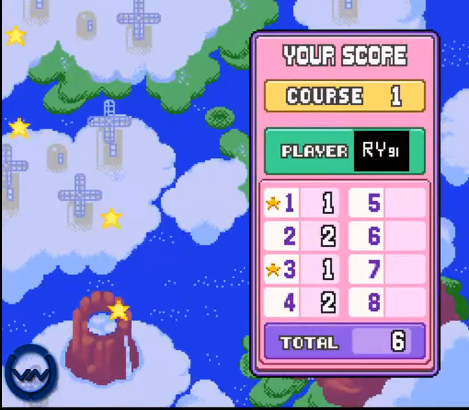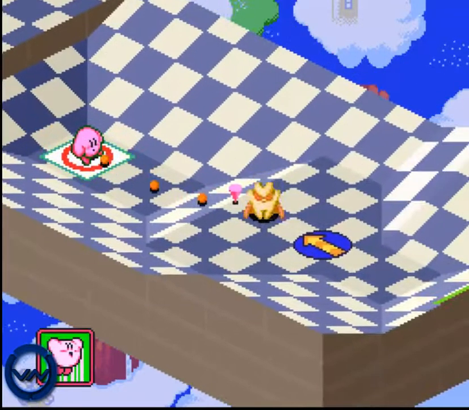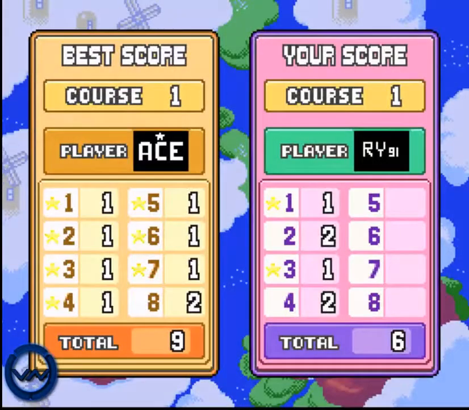Yeah, Kirby, fly away on your little star thingy. Warp star. Okay, now in my opinion, these next three levels are like the easiest to get a hole-in-one on. Also, if you press select, you can see the top score there. That's one of my other files. As you see, I got a 9 on it, so it is possible, but...